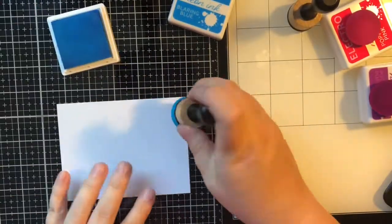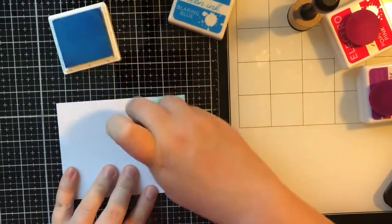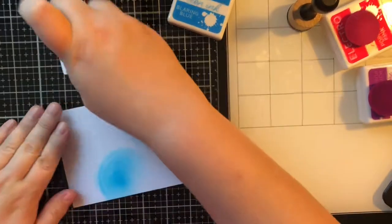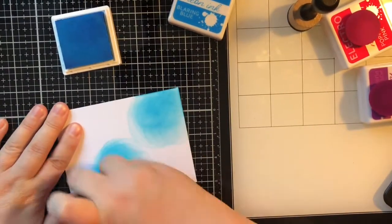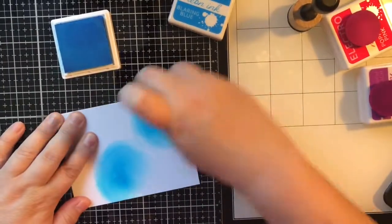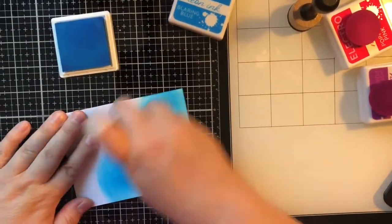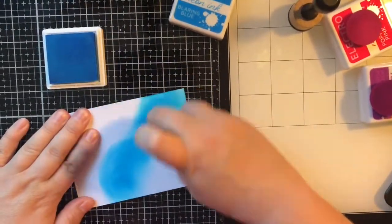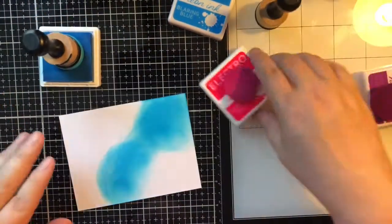So I'm actually going to be using some Electropop inks and an ink blender, and I'm just going to, with no rhyme or reason, put down some of this color. So I am using Blaring Blue, and I'm just going to do a diagonal strip up the side of this panel. Then I'm going to take Popping Pink, and I'm going to put that next to the blue, which